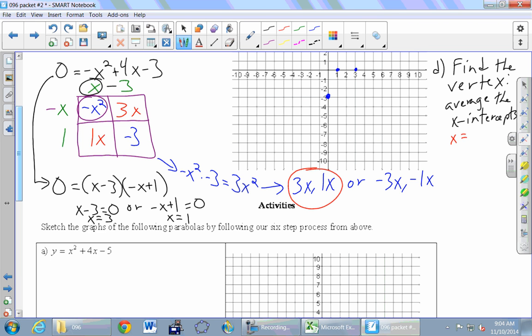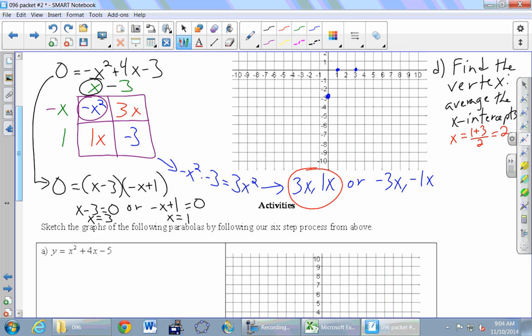Okay, so we average 1 and 3. We get 2. And I'm writing up the average formula just in case the numbers were not as easy as this. You guys know how to average two numbers. You add them and divide by 2. Okay, that's the x-coordinate, but we also want the y-coordinate because I'm about to plot a point where the vertex